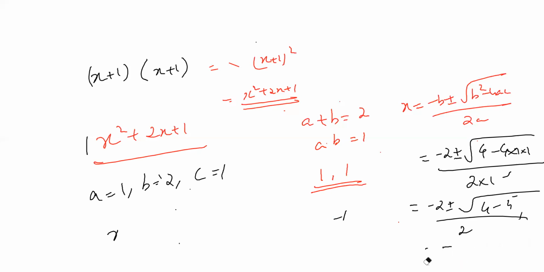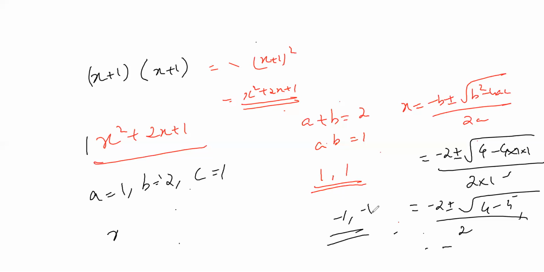So if you want, I'll just explain you once again. See, this is a very easy question. Minus 4ac, okay. A is what? 1. C is what? Again, constant is 1. Correct? Minus b. Minus 2 plus or minus 0. So minus 2 by 2. So I'm getting minus 1 as the answer. Only one factor I'm getting. So x is equal to minus 1 comma minus 1.